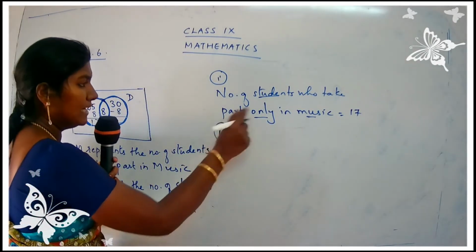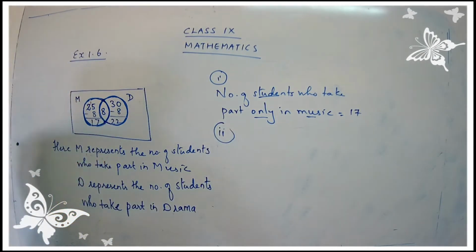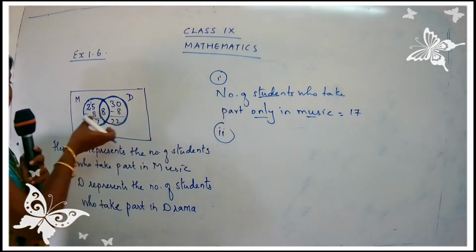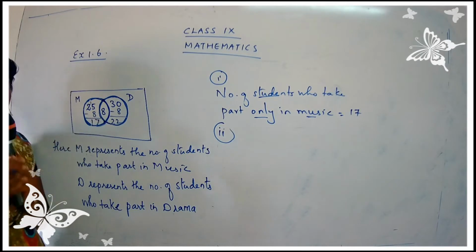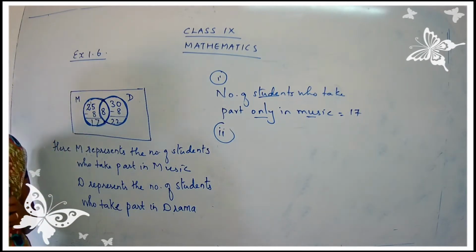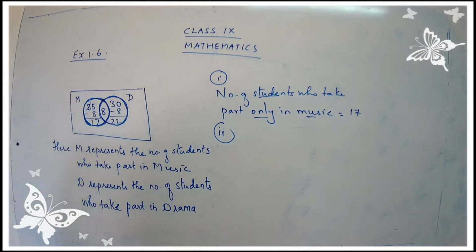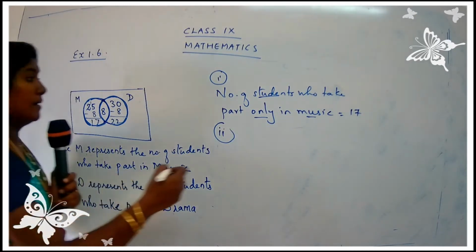So we have completed the first subpart, children. That is, I just get the answer directly from the Venn diagram. So if you are able to complete the Venn diagram properly, we can find the answer directly from the Venn diagram. Let's go for the second subpart. The number of students who take part in only drama. So number of students